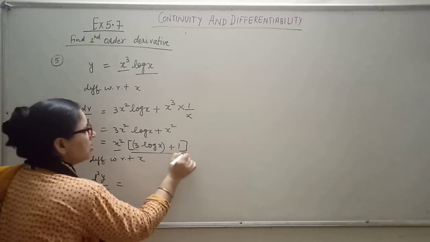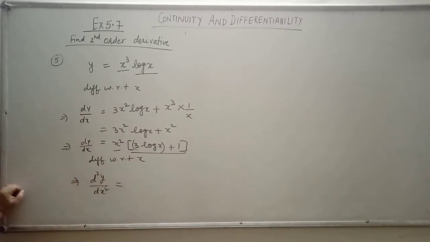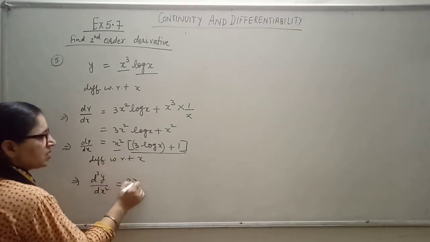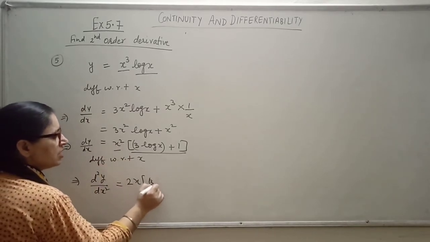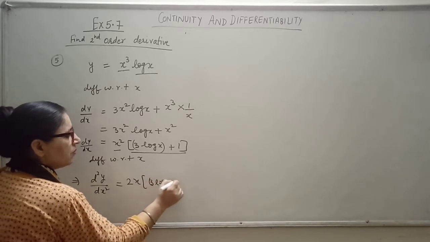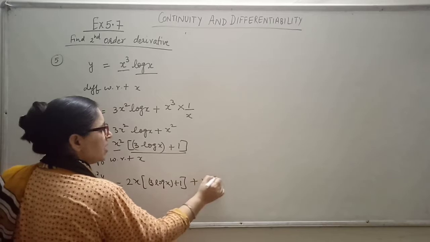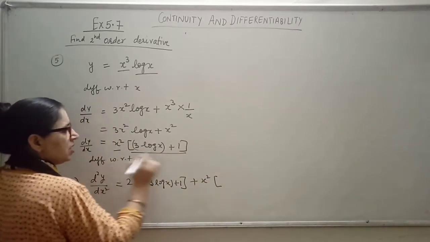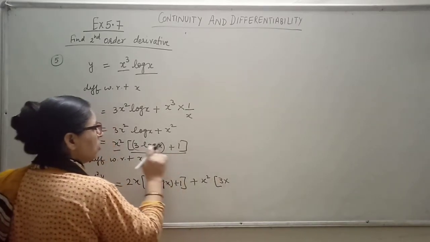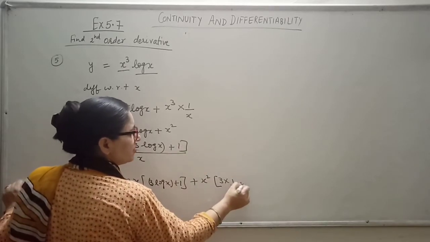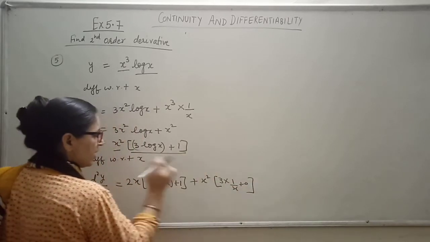Again you can see two expressions are in multiplication here. So first of all I will take the derivative of this 2x, and this would be written as it is: 3 log x plus 1 plus x square would be written as it is. Now I will take the derivative of this. This is 3 into the derivative of log x, which is 1 upon x, and plus 1, its derivative is 0. So this x will be cancelled by this.